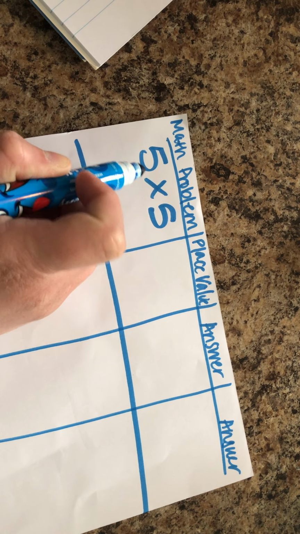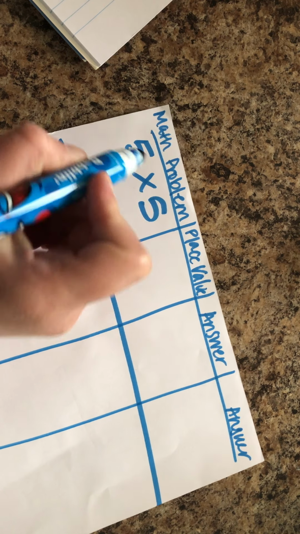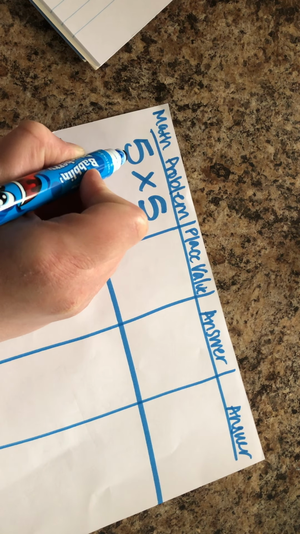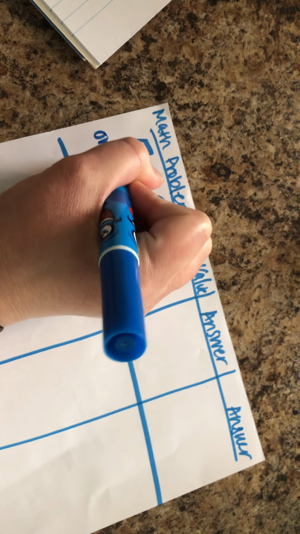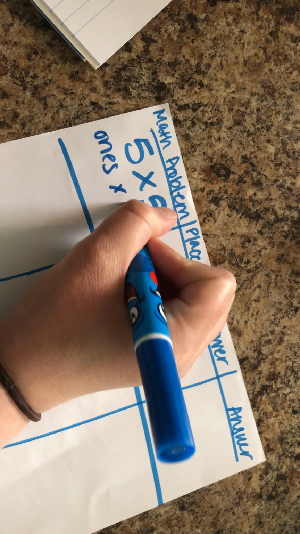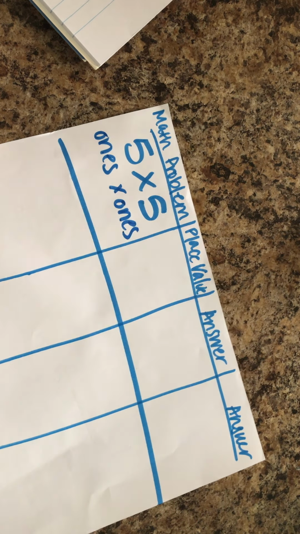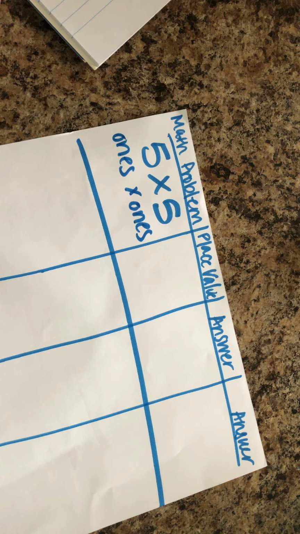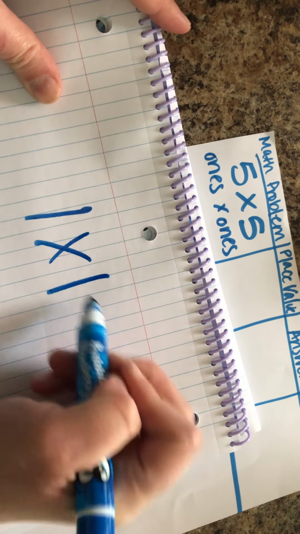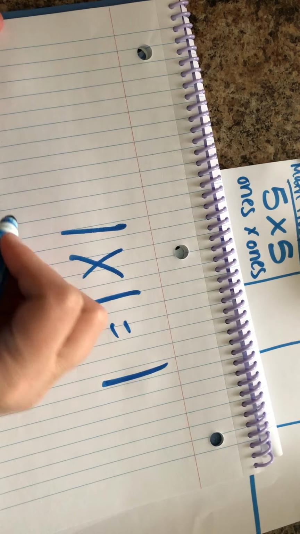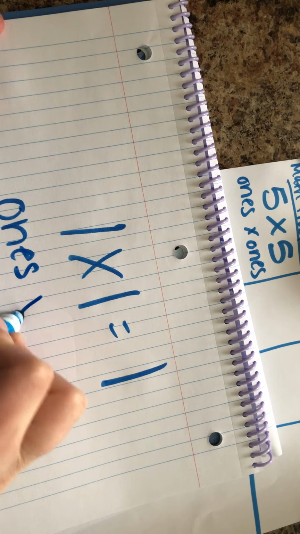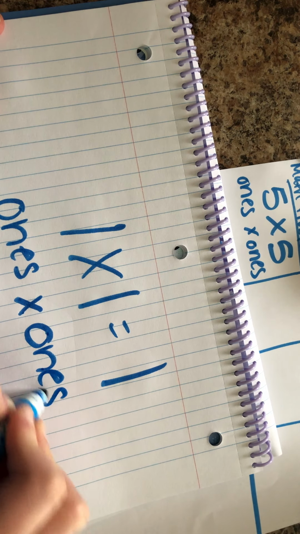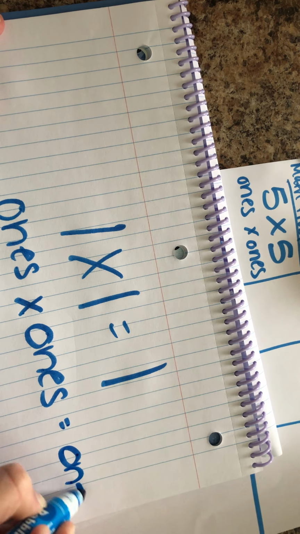Okay, so here's my first example: 5 multiplied by 5. I know that 5 is in the ones place value, so this is a ones place value multiplied by a ones place value. There are some things that I know you guys know. I know for sure that you know that 1 times 1 gives you ones, right? So if I say ones multiplied by ones, I'm going to get an answer in the